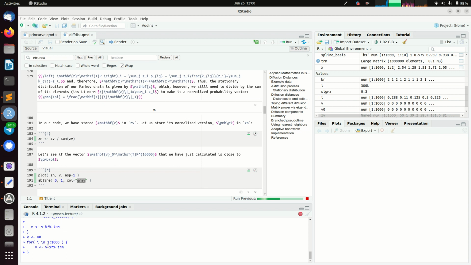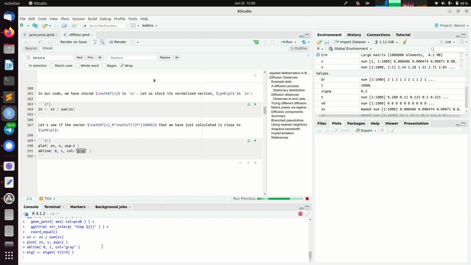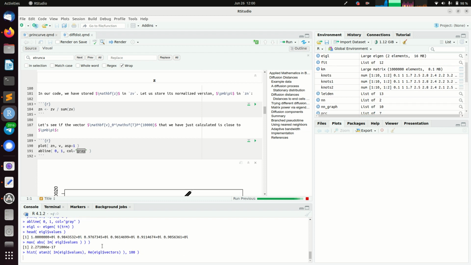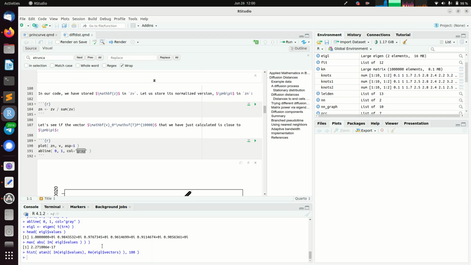Now it runs here with 1,000 things, which is completely super. Here I have now my I left. Okay, what I'm heading at is the eigenvalues: they are all quite large, but they're all below 1, except for the very first eigenvalue, that one is 1. So what I now have is